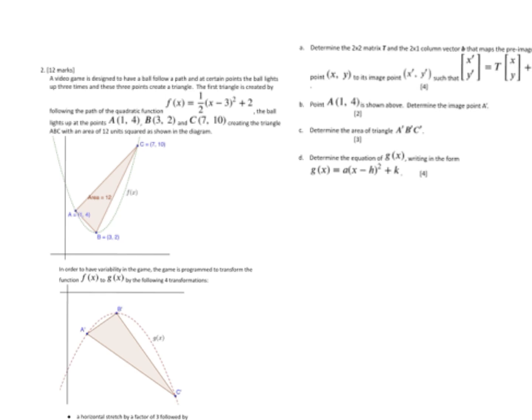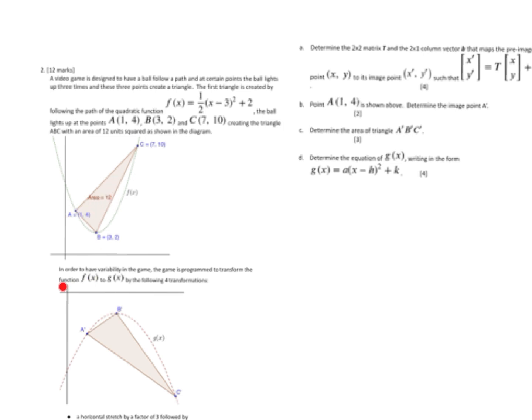Okay, so in this problem here, we have a video game design. A ball follows a path, and at certain points the ball is lit up 3 times. These three points create a triangle. The first triangle is created by following the path of the quadratic function. The ball lights up at A, B, and C, as shown here, and I have a triangle with an